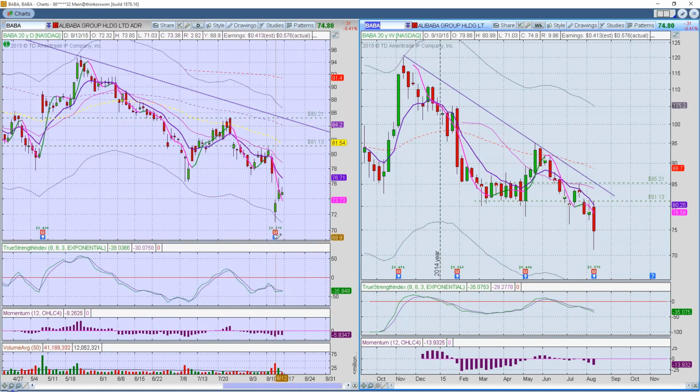It had earnings, not a huge move with earnings. But I think Baba is one of the stocks we need to be keeping a look at with the Chinese stocks. YY is another stock to keep an eye on. YY, Baba, Baidu, some of the higher quality Chinese stocks, because once the Chinese government gets done doing what they're doing, it's those better quality Chinese stocks that are probably going to outperform their counterparts.